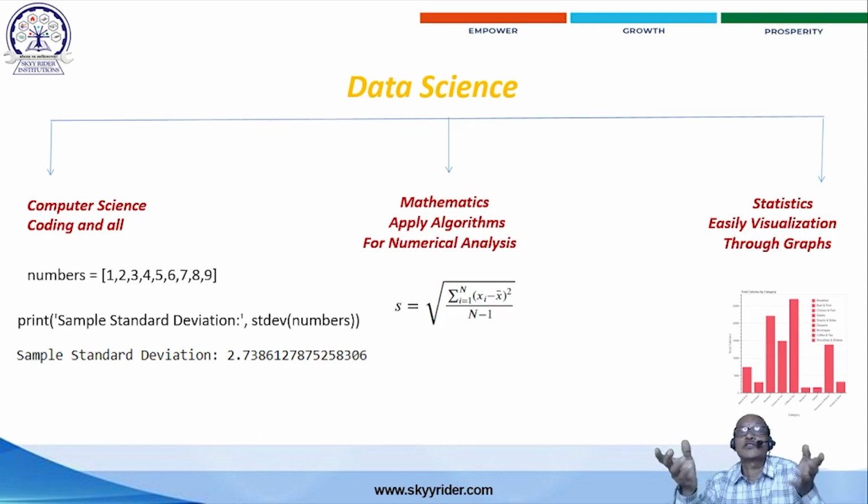For that purpose, we use statistical applications. Statistics means easy visualization through graph techniques. You simply observe the graph, and everyone can easily understand it. Sometimes it may rise, sometimes it may fall. Ups and downs can be easily understood, and every common man knows this. Sometimes the graph rises, sometimes it falls, sometimes it falls sharply. These three domains combined in a single pack are called data science.